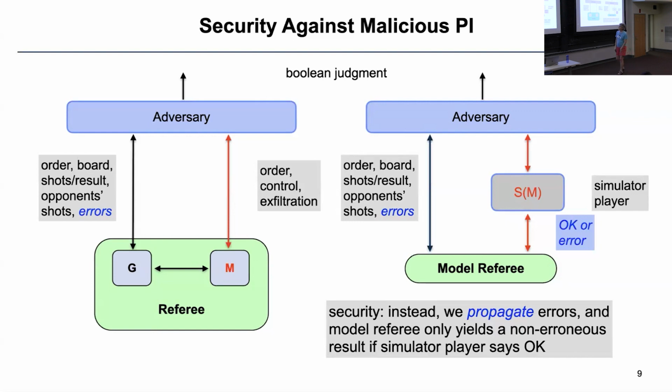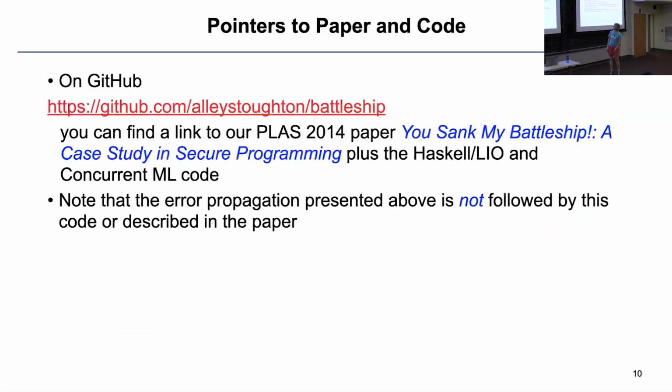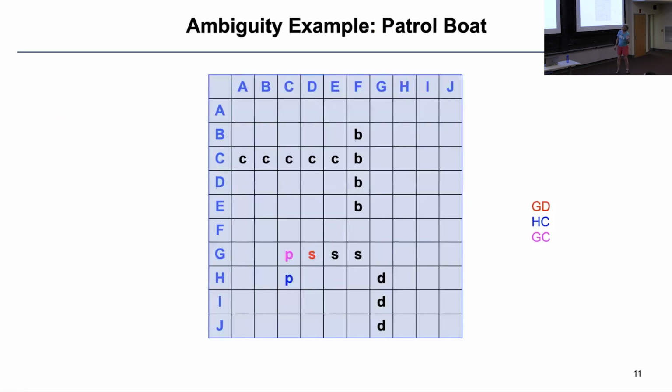And again, if you look at the paper that we had some 10 years ago at PLAS in Uppsala, there's a paper called You Sank My Battleship, a case study in secure programming. You can see the paper. You can also see the code in concurrent ML and Haskell LIO on GitHub at this address here. Okay, so that's more or less where we were last time,